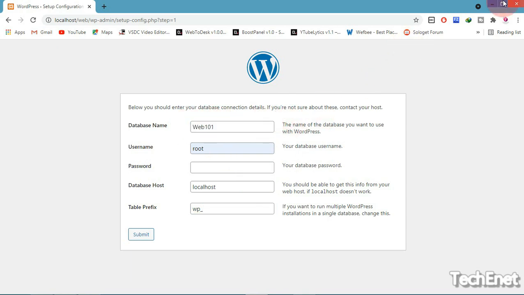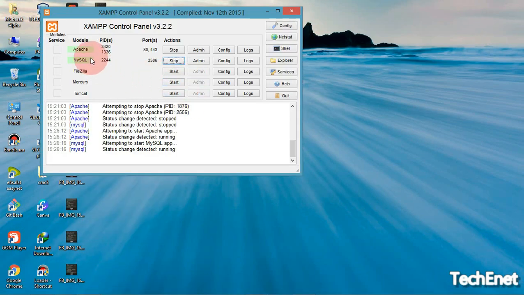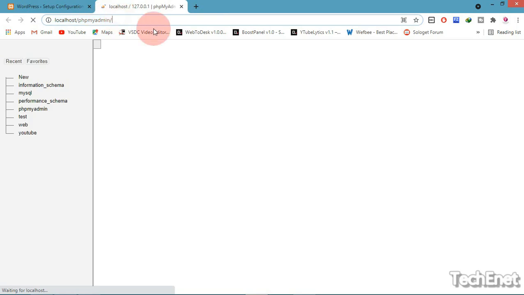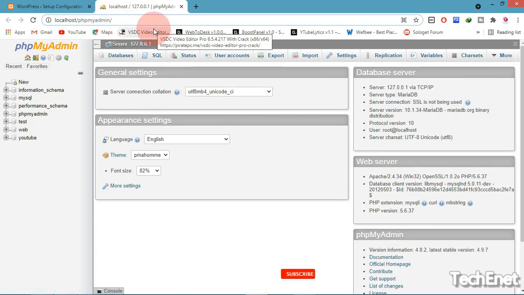Now let's minimize it. Go to our local server, then click on MySQL. Click on admin, the admin area of MySQL. It's going to direct us to phpMyAdmin. It has redirected us successfully to phpMyAdmin. Then click on